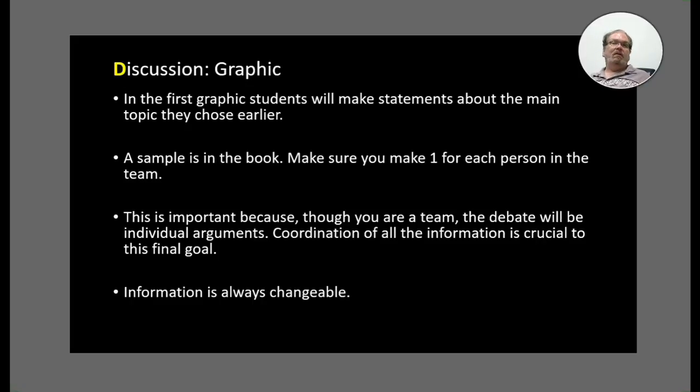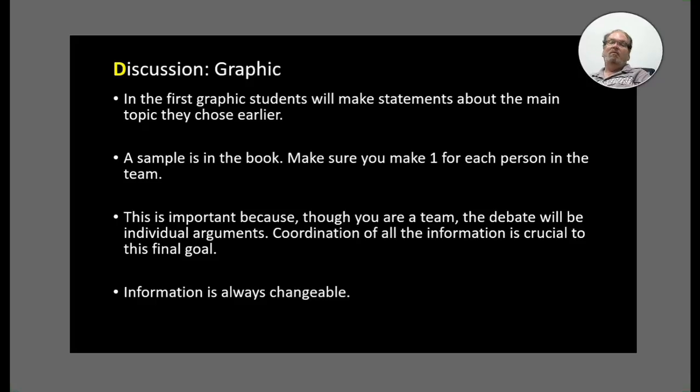Change your topic so that you can get your 5 or whatever number of people in your team. Make sure that each person can have their own. There are 3 in the book. They're just samples, and if you try to use them, use them. If you can find opposing arguments, great. But if you have more than 3 people in your team, you need to have more. So it's like the sample is there, maybe too small. You need to be creative and make your own.